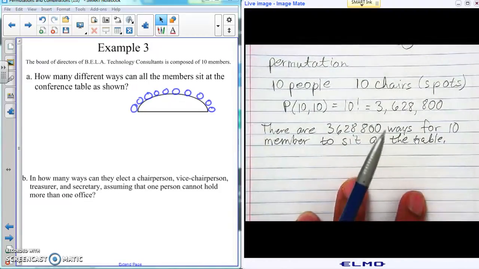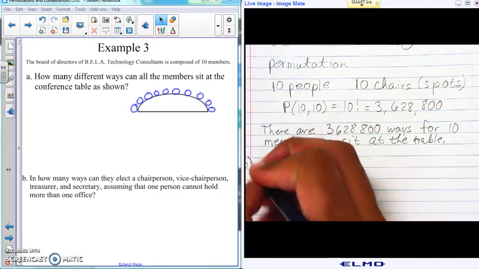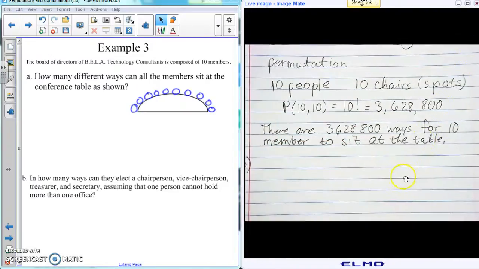All right, so let's go to part B. This one says, in how many ways can they elect a chairperson, a vice chairperson, treasurer, and secretary, assuming that one person cannot hold more than one office? So we're choosing people, for example, let's say we're talking about SGA. One person can't be the vice president and be the president, or be the secretary and the vice president of the